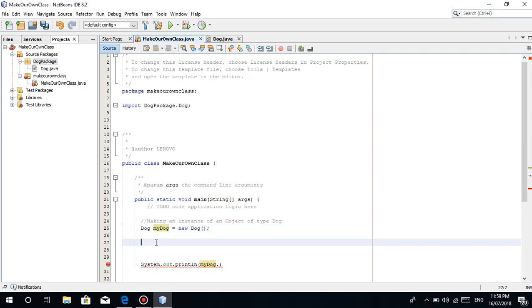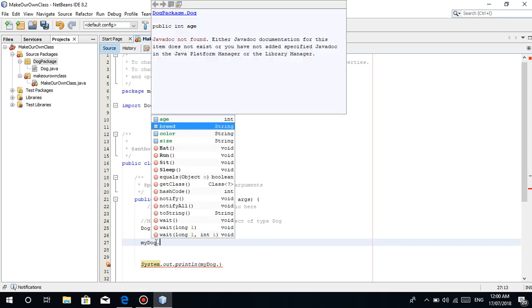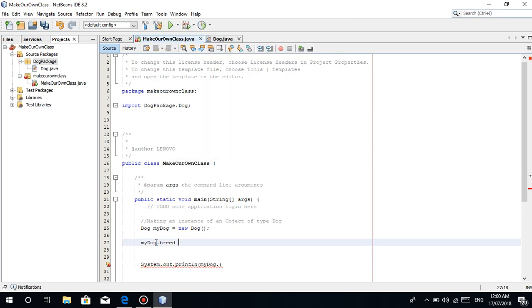Again, if you are going to call or put a value in that specific field, you just use your reference variable. So myDog.breed, for example, is equal to. Again, you have to be aware of the data type. You might think, since we know the data type of breed is String,